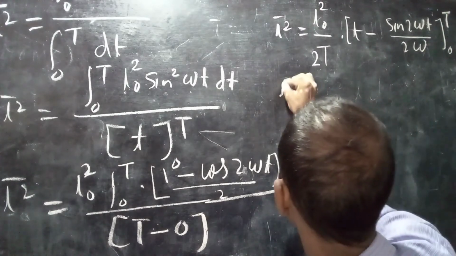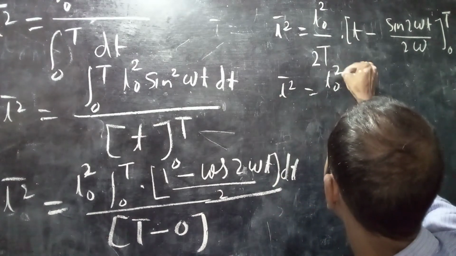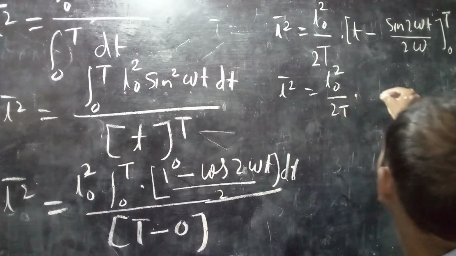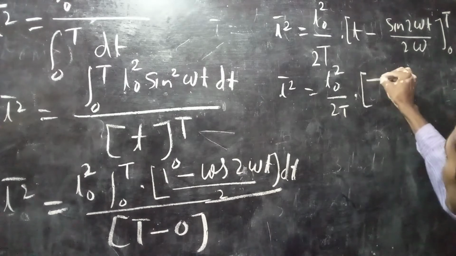So you can write I square bar is equal to I0 square upon 2T into, now write the upper limit then the lower limit, then you get T